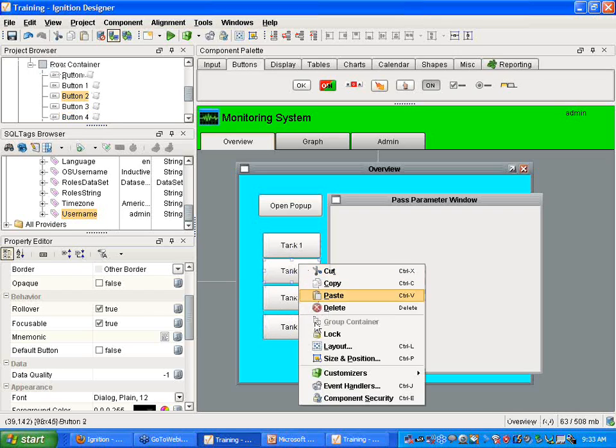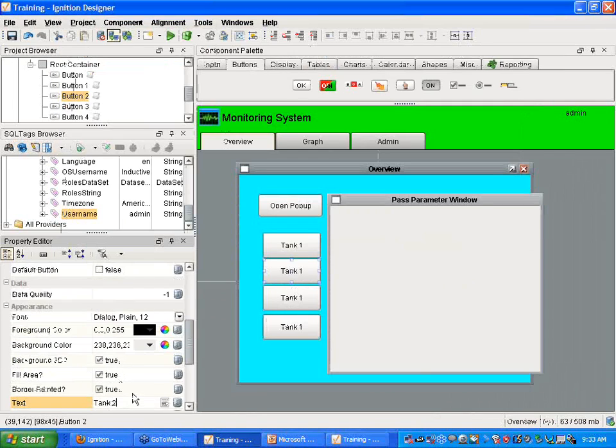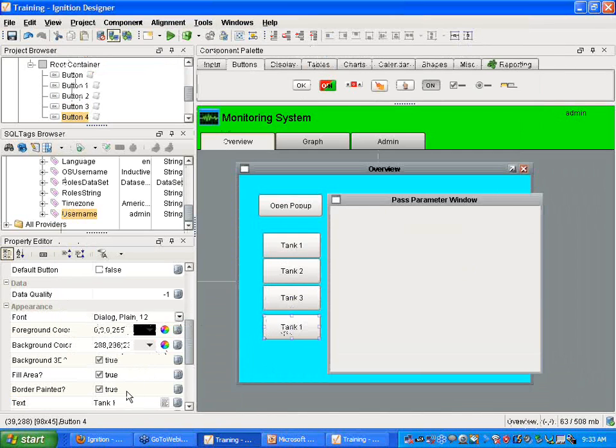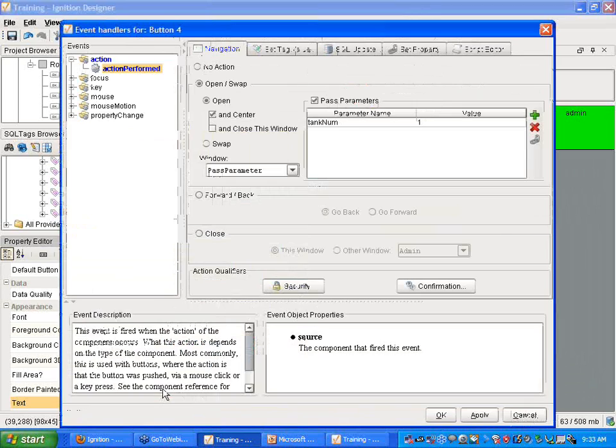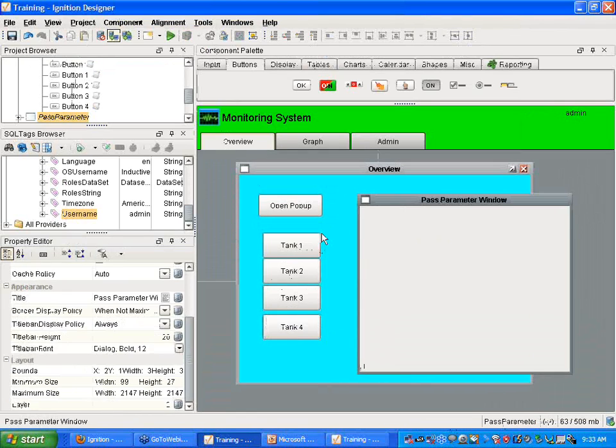or 4 times. And then for each one of these, I can go and set the event handler to change the pass parameter to 2, change it here to tank 2, go to tank 3, right-click, go to the event handler, change it to tank 3, and last one, tank 4. So there we go. Now I have all 4 of my buttons created, and I'm going to basically pass parameters